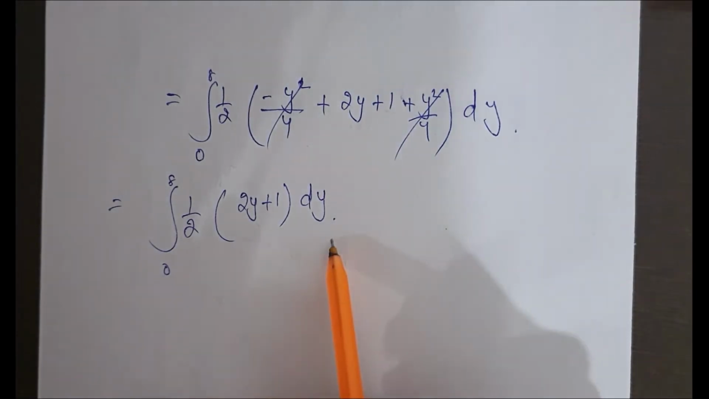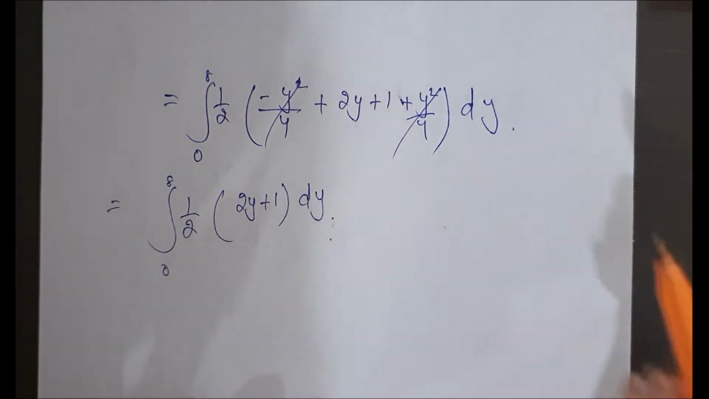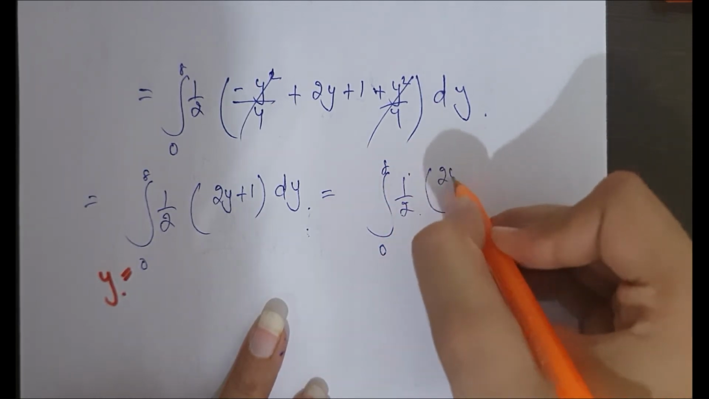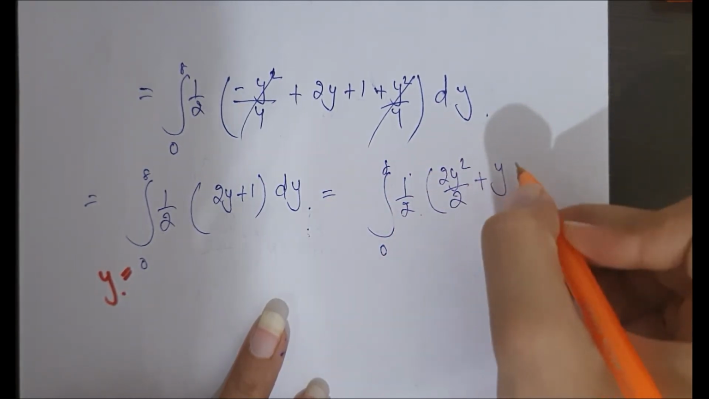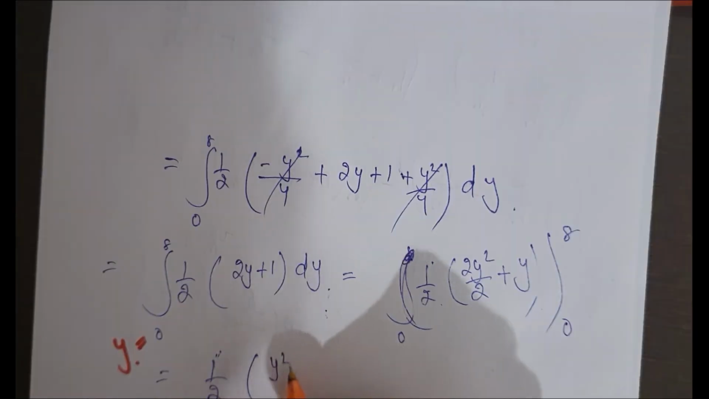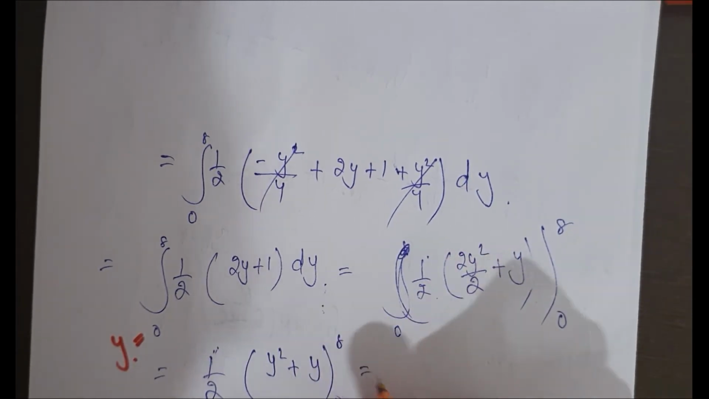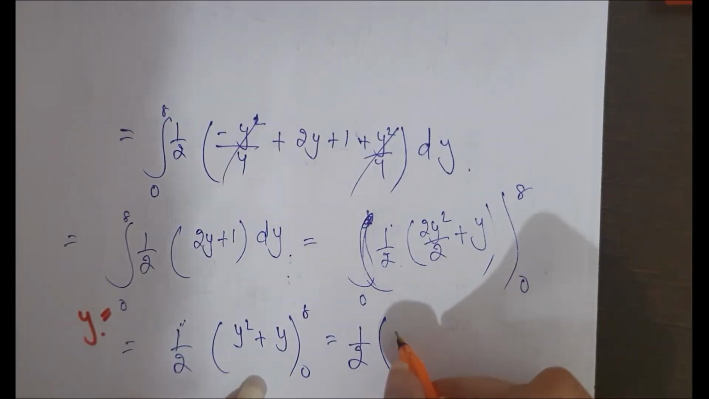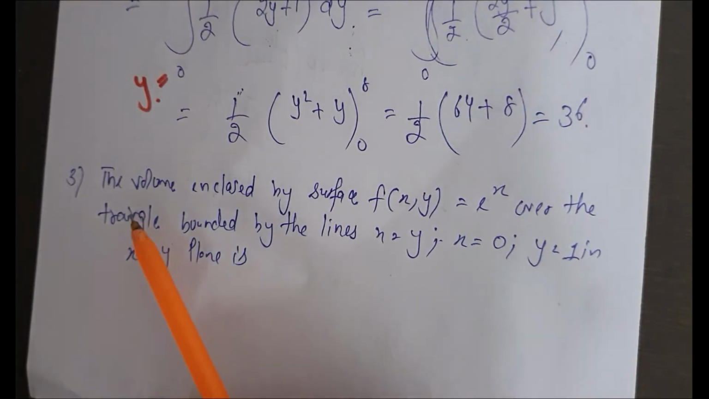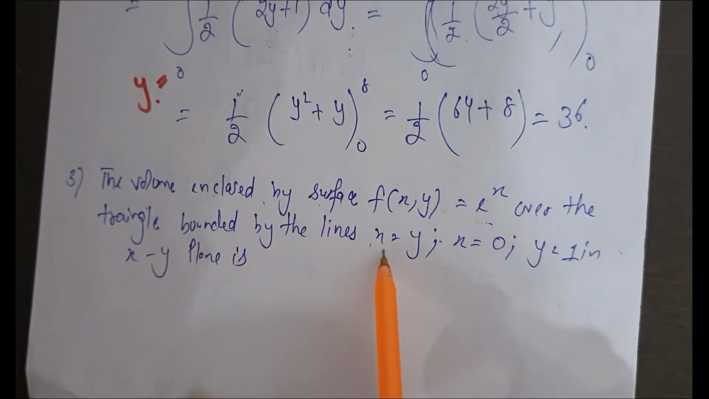Now this comes out to be the answer if we integrate it with respect to dx. Now integrate it with respect to dy. This is the limit of y. (36). Now another question. The volume enclosed by the surface over the triangle bounded by the lines x is equal to